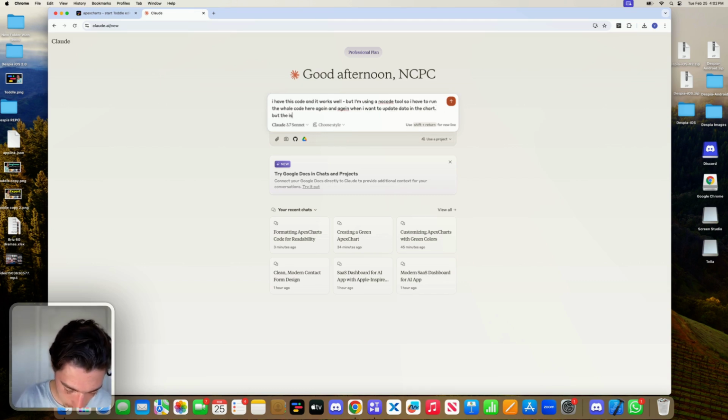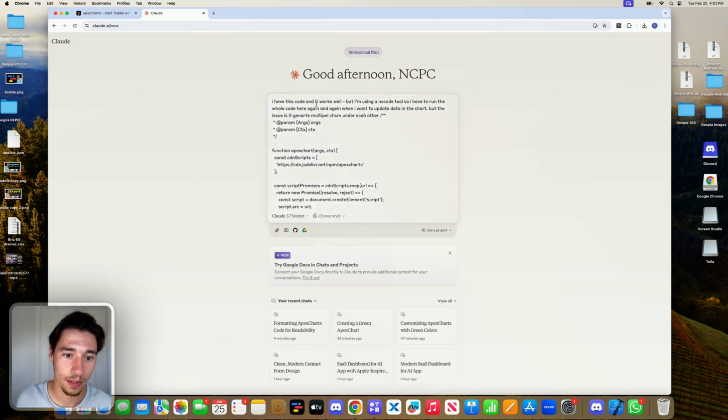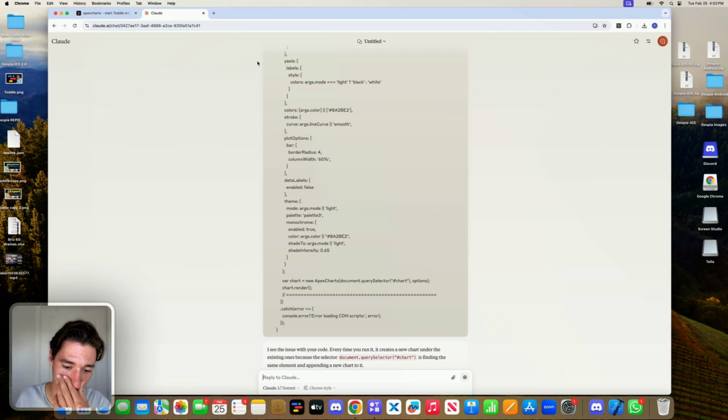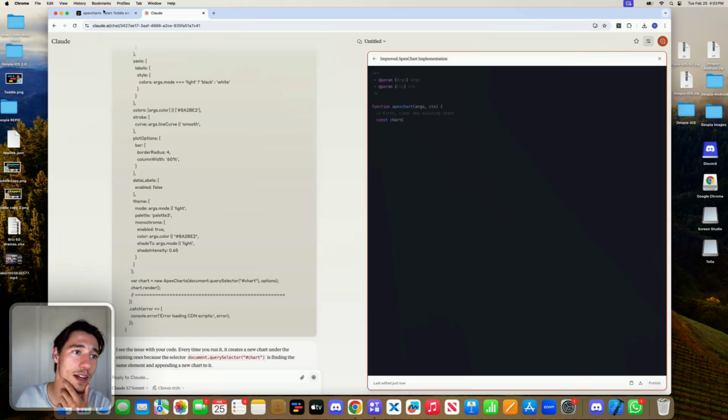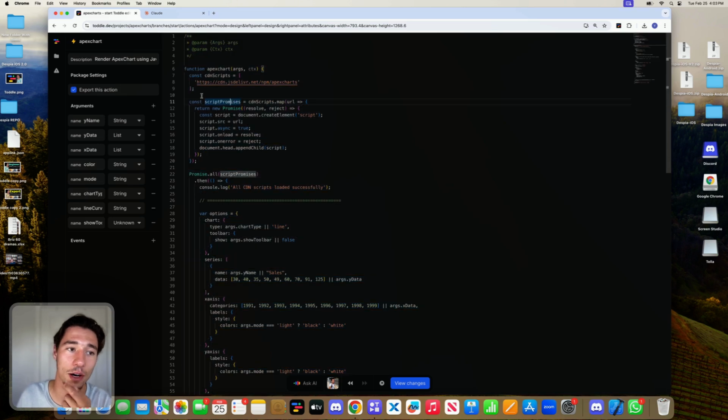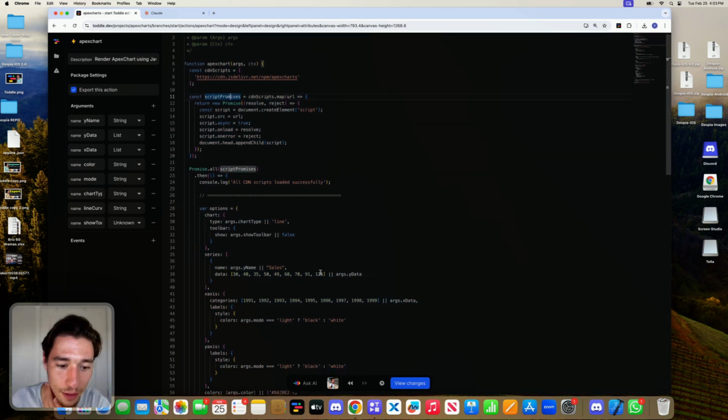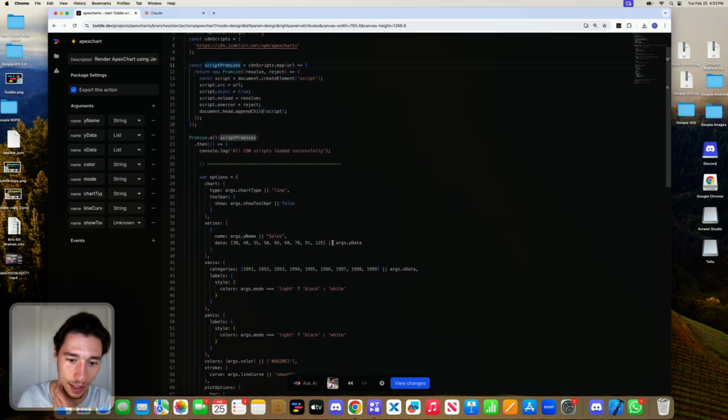But the issue is it generates multiple charts under each other. Especially when working with Apex chart, there is a small chance that this is not our problem at all, and that we messed something up when it comes to rendering the data, which is exactly what's happening